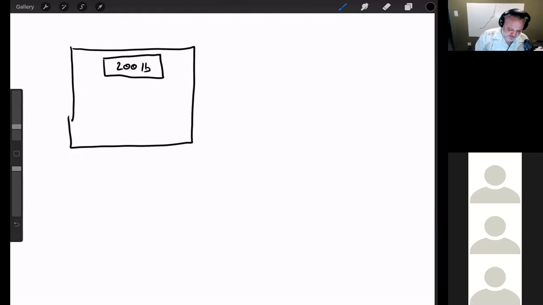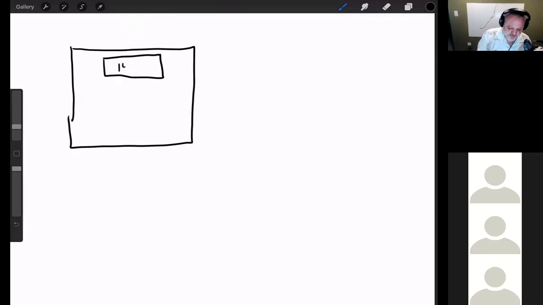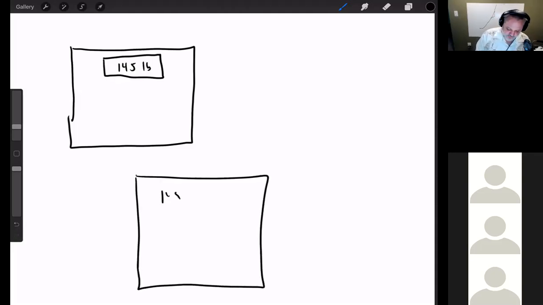But because it's not precise, I'm limiting these digits to being 0 only. What if I expand it out and I let these be any number? So now that can be 145. What if I take the scale and not only does it say 145, but it says 145.738 pounds. Generally, the more digits